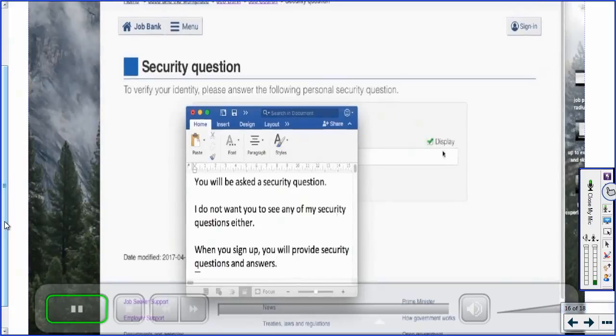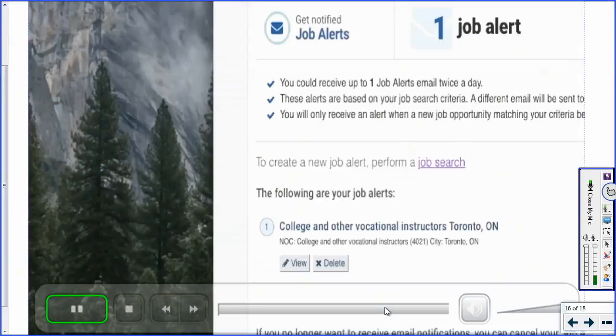Okay, so you can see here now that the arrows popped up, and if you could see my question, then you would be able to read my answer. So that's what I mean by you can check to see that you're typing in the right answer. And then you will get to the job alerts screen, and you can see that the job search that I just did for a college teacher in Toronto, Ontario is being shown here.